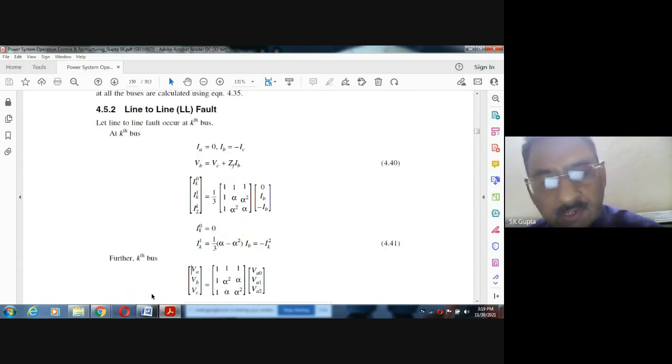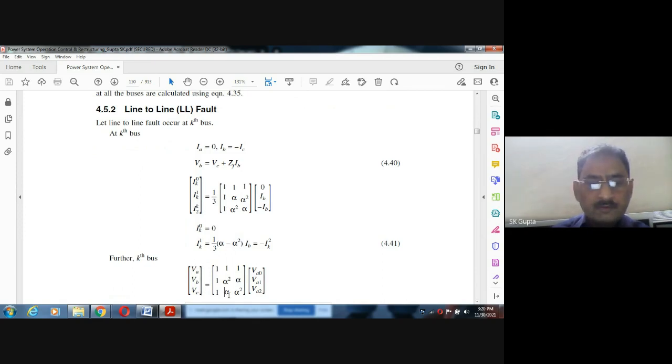Now, at the same kth bus, we will talk about the voltage. This was about the currents; now we will talk about the voltages. These are the relations between the unbalanced system voltages VA, VB, VC and the three sequence voltages. From here VA, VB, VC we put here. So from here you can say what is VB? VB is equal to VK0 plus alpha square VK1 plus alpha VK2, for the kth bus. It happens at the kth bus only, and VC is equal to, from here,